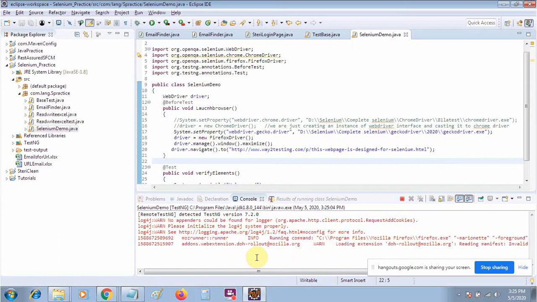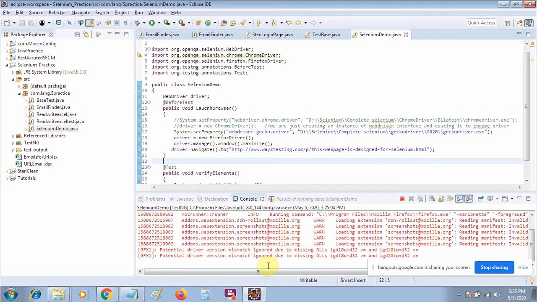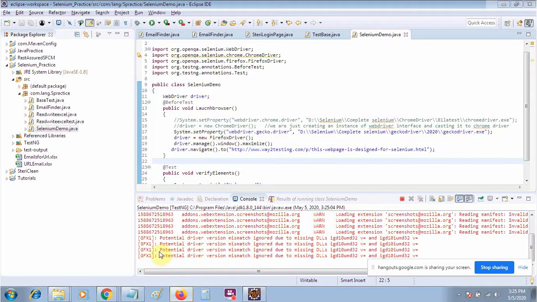And then you can see that the Firefox Mozilla is appearing. Soon your Firefox will get launched. As I told you, Firefox takes some more time as compared to Chrome.